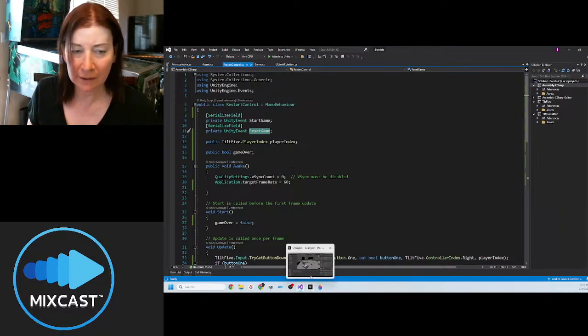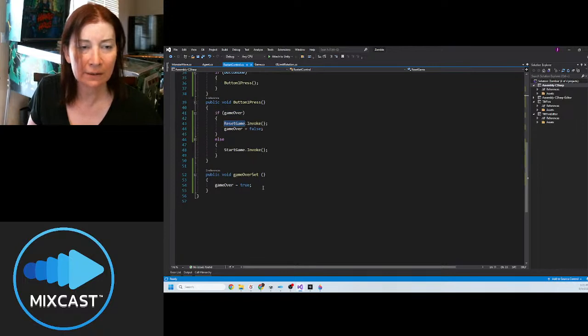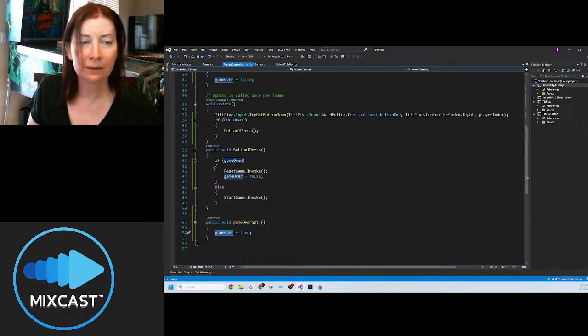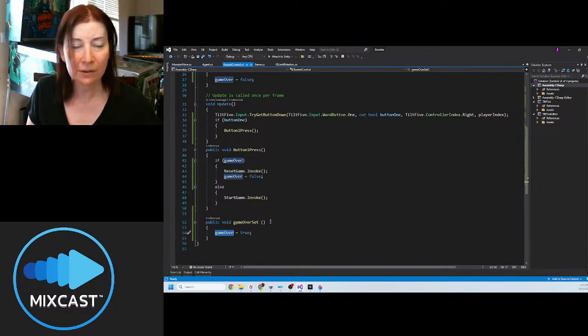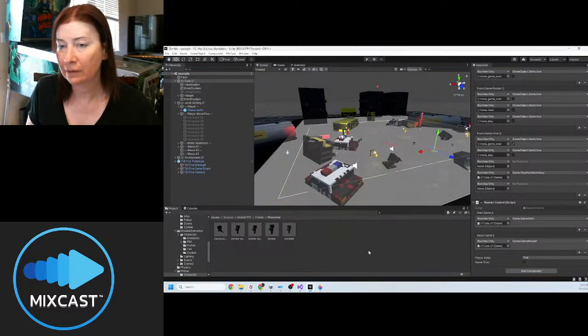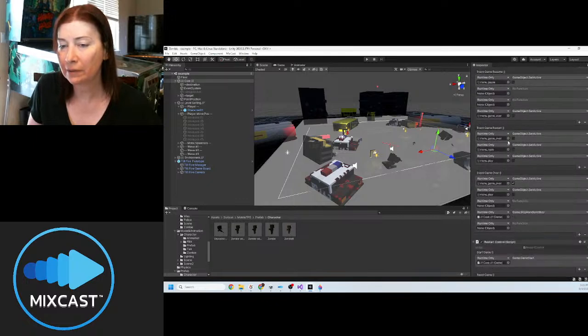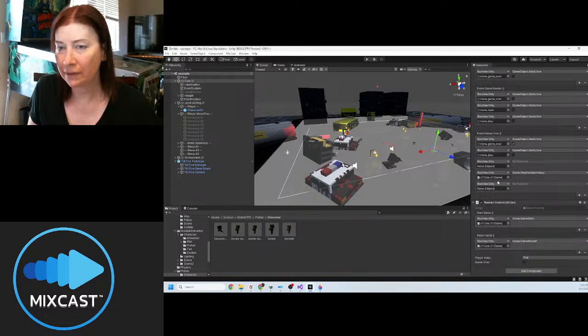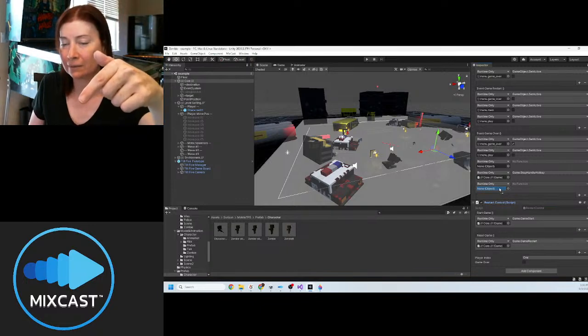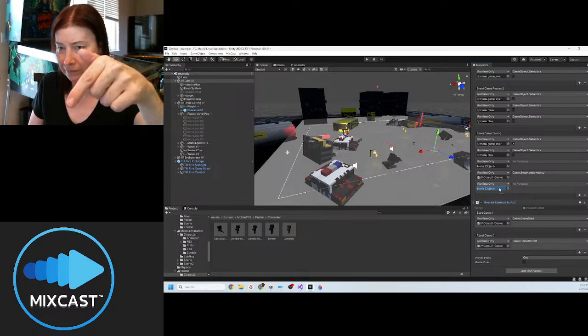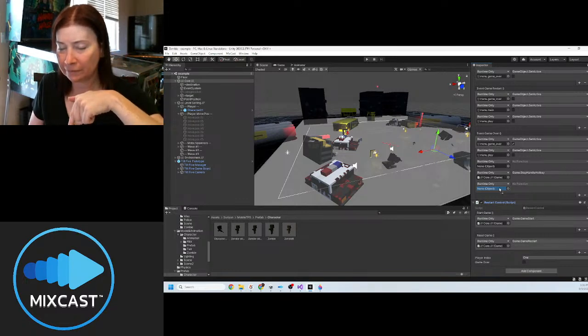So if we go back to the editor, I have this function down here, game over set, where I set this flag that allows the button, when pressed, to reset the game. So I need to go right here. So in the script, the game logic script, there is event game over. I need to do the full loop. I need to allow the game over script to come over here and